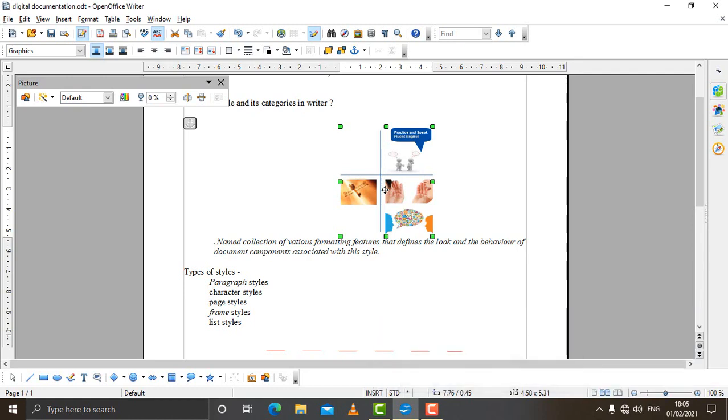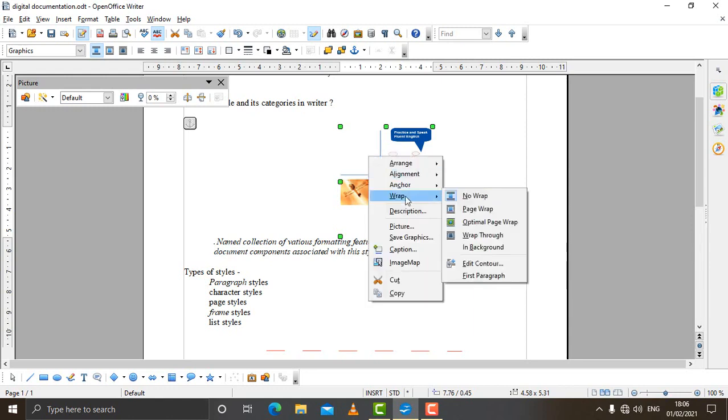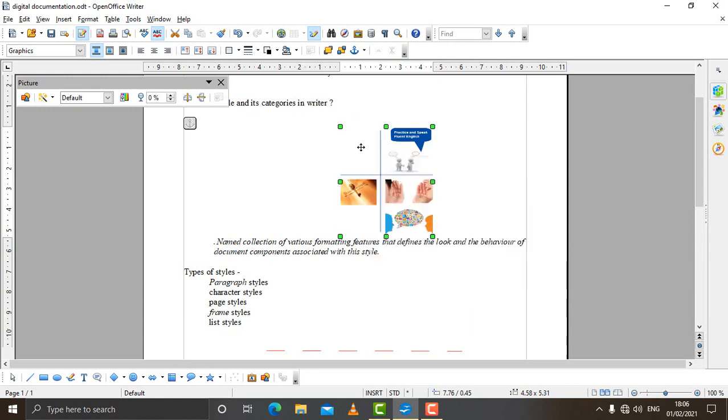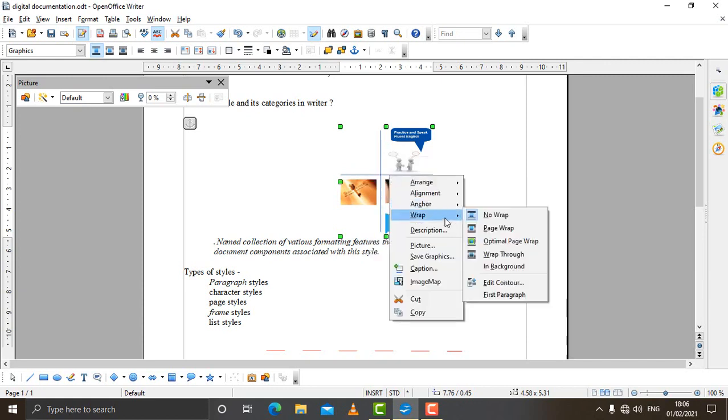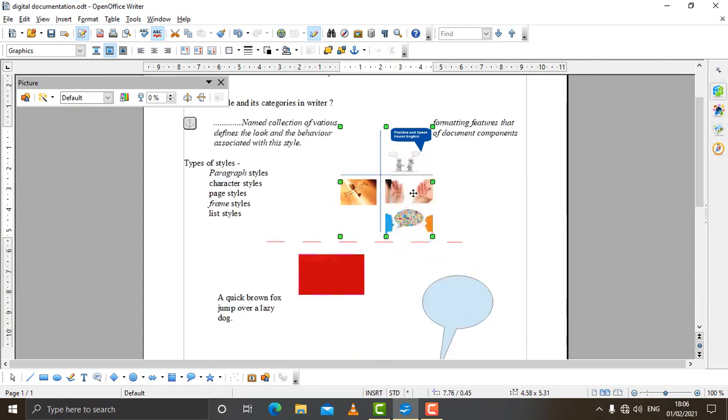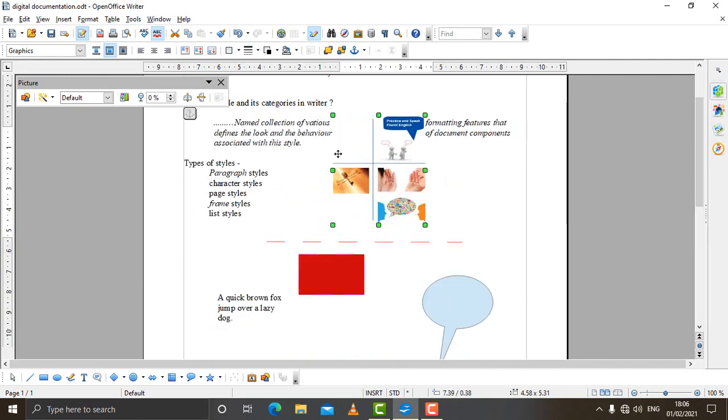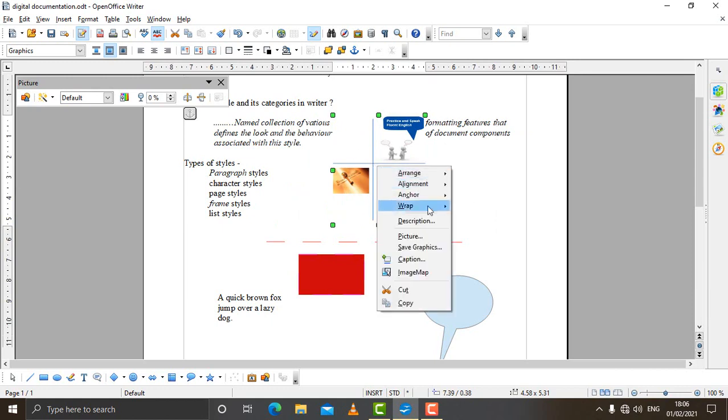If you want to adjust this text wrapping, the simple thing is bring the mouse pointer over the image, right click on it, come to the Wrap option. A number of options are available, like No Wrap, click on it. Then came to Page Wrap. You can see the object is there and the text appears just next to it. So it is there in the center of the text. Again Wrap,